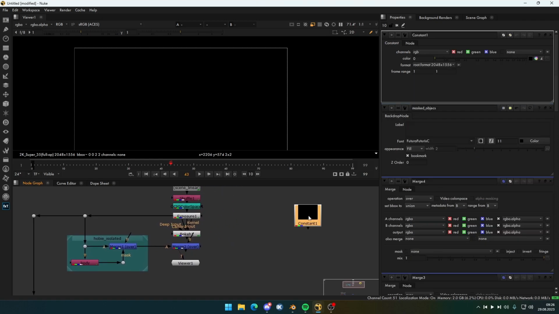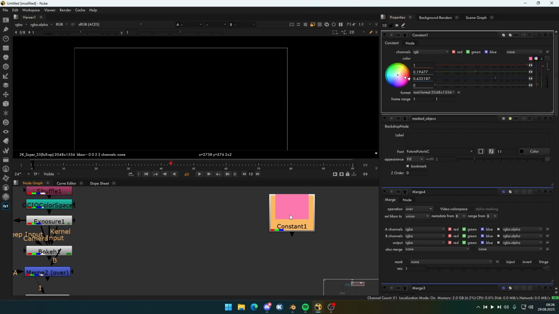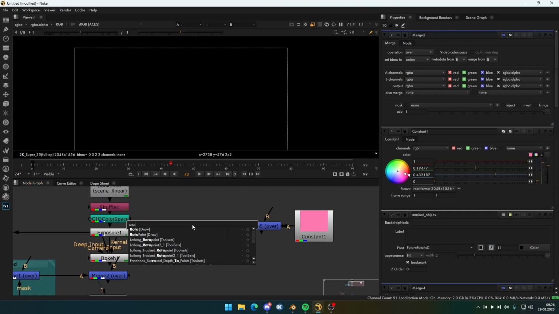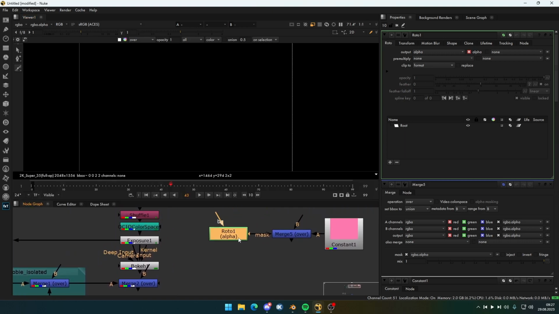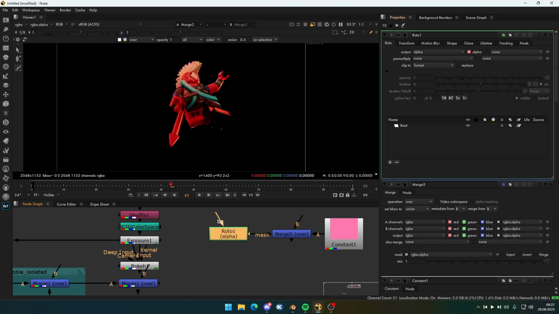So I'm going to start with a constant, which is actually going to be the color of our paper effect thingy. So I'm going to do like a pink maybe, turn down the saturation a little bit. And then we're going to use a merge node, press M. I'm going to use a roto and then you can disconnect that to get the mask. There we go. Now inside our roto thingy, we can preview our Hobie and then go into the roto, press